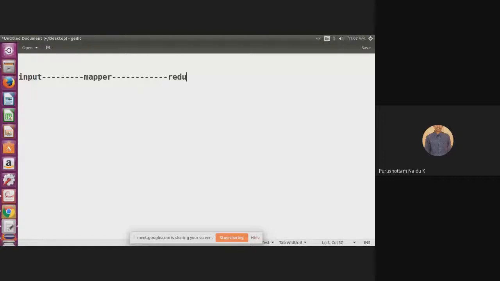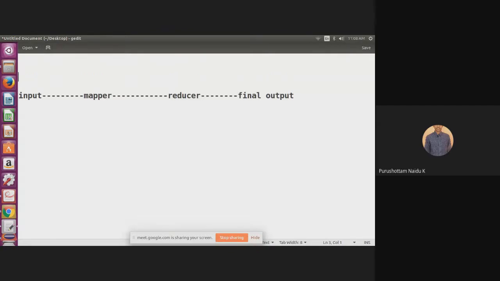Given as input to which one? Reducer. Then we are getting the final output. The final output, okay, which is the actual workflow of which one? MapReduce. Okay, so now, and one more thing is: